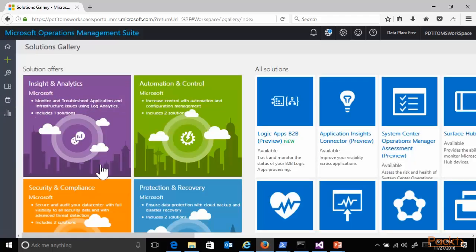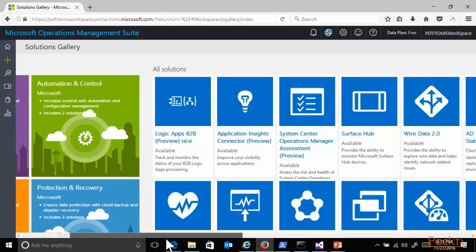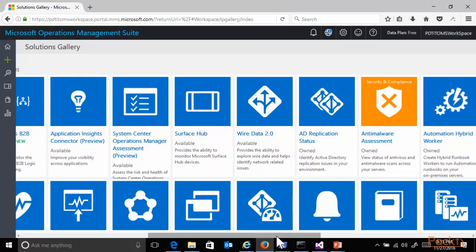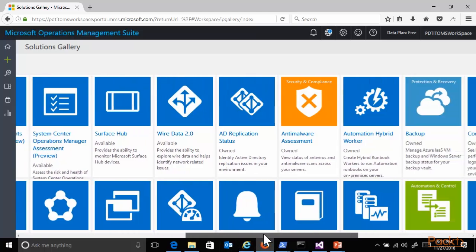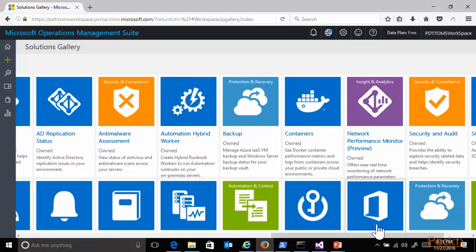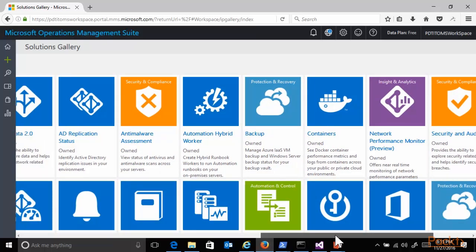Solution packs available in the solutions gallery: Logic App, Application Insights, Wire Data, Active Directory Replication. So it's not all about Azure itself, but also providing you hybrid scenarios. If I'm using Azure Backup, using Docker containers, you name it, and you'll probably find it over there in the